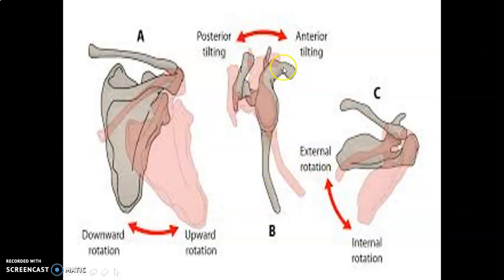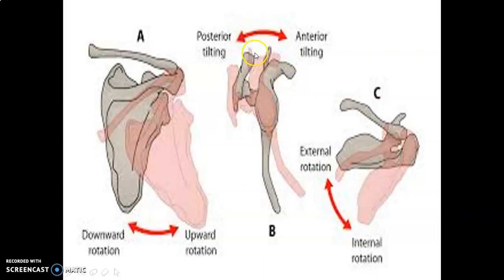Now you can see the difference here. During hyperabduction, the acromion process has to move backward. So when you have the head of the humerus attached here and you are trying to abduct upward, it may hit the acromion process. But to avoid that, the glenoid comes to this area, while the acromion process moves away.